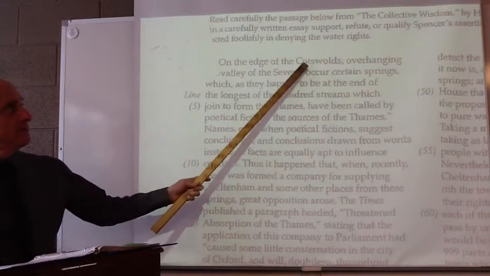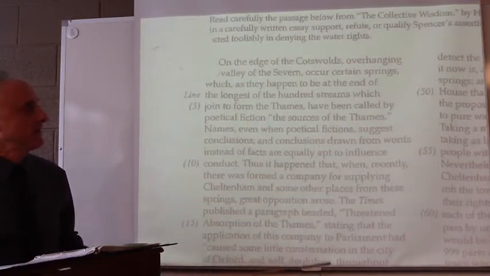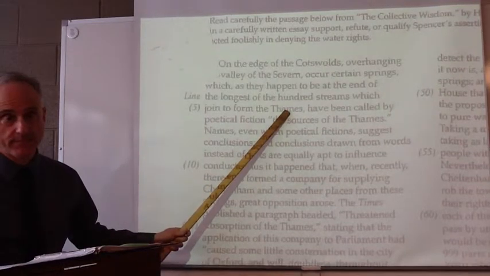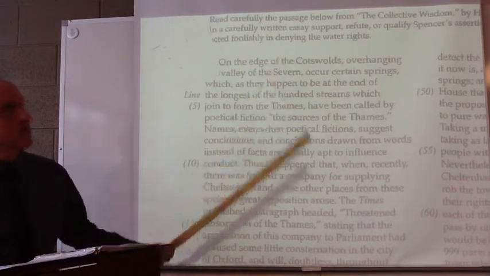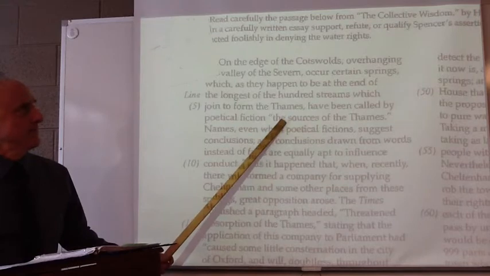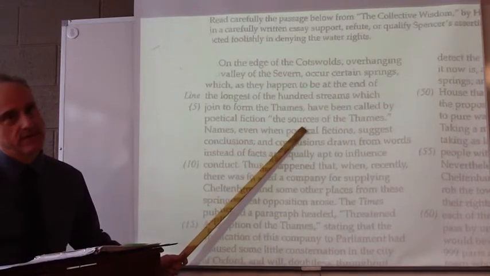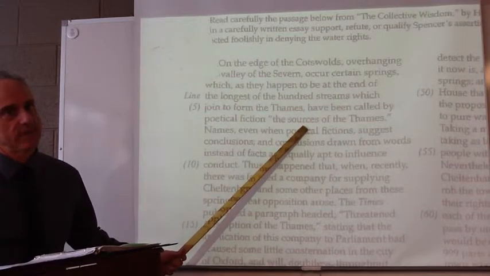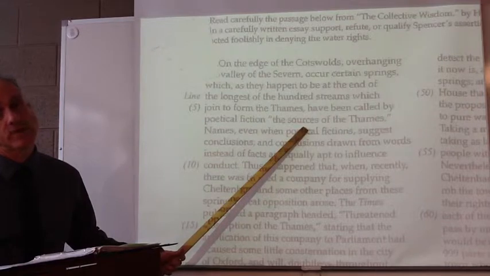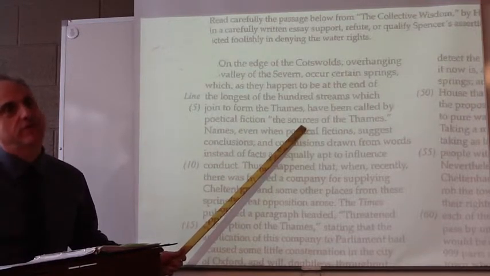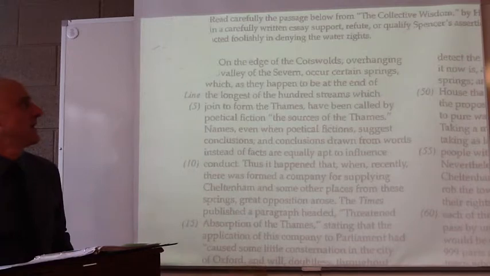All right, so there is a region called this. Some springs occur in that area. They feed into the river, the Thames, which runs through London. But this is not London, but anyway, out in the countryside. And these springs are referred to as the sources of the Thames. Why? Because the word sources doesn't mean the origin of the Thames, like the sole origin for sure. The word for spring in French is source. And so the English use some of those French cognate words like that, and it just means the springs that go into the Thames, right? So, anyway,